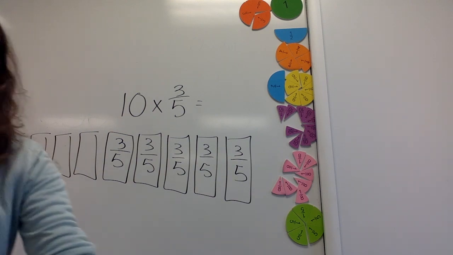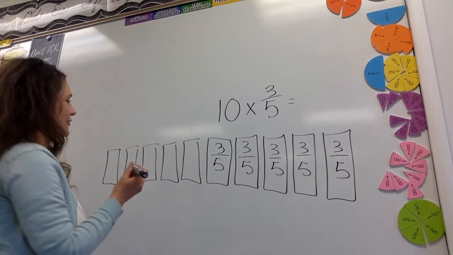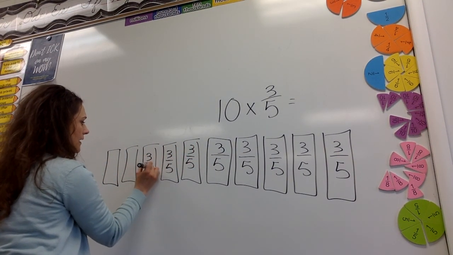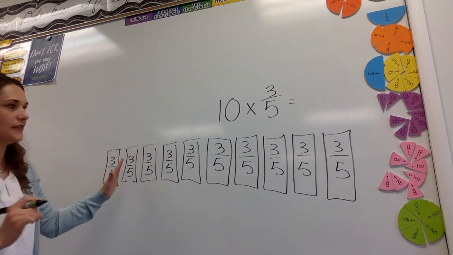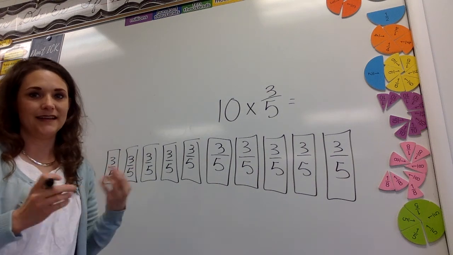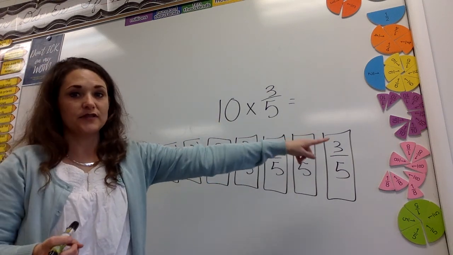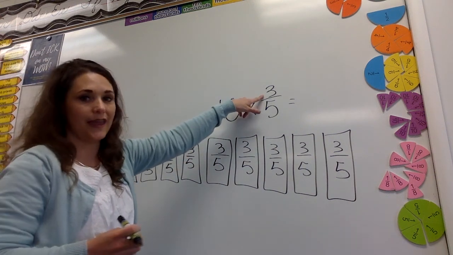And I'm out of the picture here. Gotta move. And so we've got 3/5 and 3/5. So we're saying, okay, we have all of these 3/5 that we're adding together. So we can just say 10 times all of these 3's that we're adding together. 10 times 3 would be